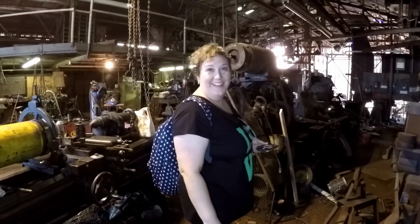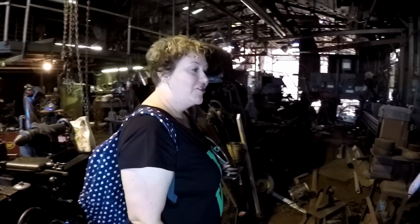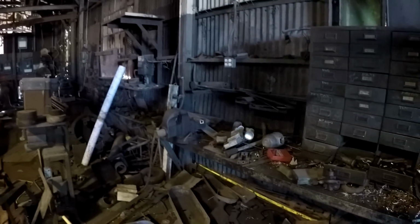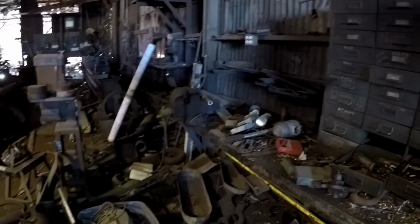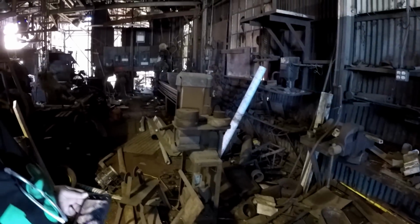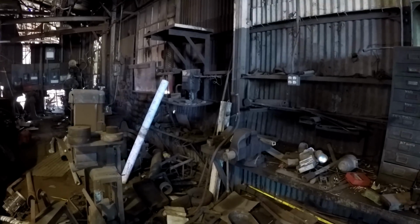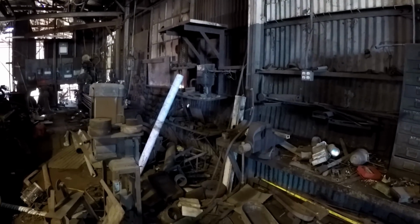Abby's in here exploring and taking pictures for us. There are little treasures everywhere. It feels like you've gone back in time. Exactly, it does. It's amazing, isn't it? It is like stepping back in time, and I know that there's some disorganization in here, but we're not going